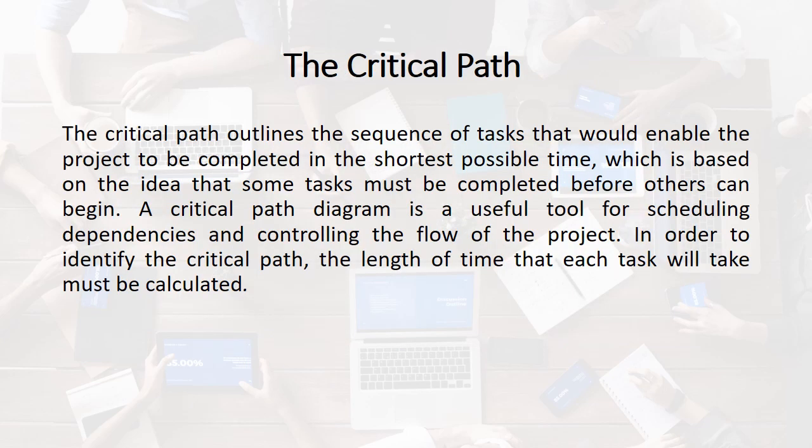The critical path. The critical path outlines the sequence of tasks that would enable the project to be completed in the shortest possible time, which is based on the idea that some tasks must be completed before others can begin. A critical path diagram is a useful tool for scheduling dependencies and controlling the flow of the project. In order to identify the